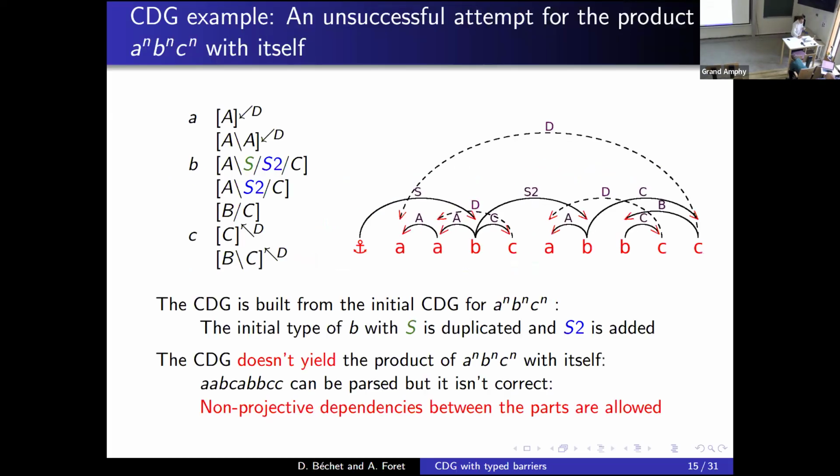The first idea would be to have something that looks very similar to what we can do using categorial grammar. That is, in fact, we just need to duplicate the axioms. We have the first axiom, which is S, and we duplicate it with S2 and try to link the first axiom to the second axiom.